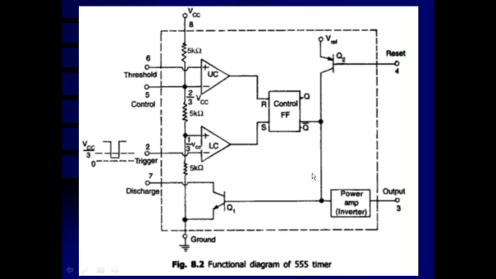Simultaneously, Q bar is going to be high. That means the base emitter junction of this transistor Q1 is forward biased, so transistor Q1 is always conducting. That means current is flowing from pin number 7, from collector to emitter and ground. So, if a capacitor is connected here, it provides a short circuit across that capacitor and the potential across that capacitor is going to be almost 0. So, this way it normally works.